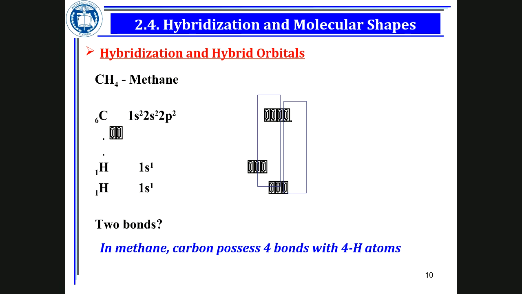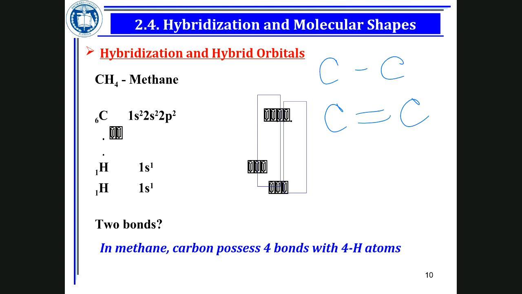Where do you see pi bond? You must have the sigma bond forming first, and if you have a double bond, the first one is sigma, the second one is going to be the pi bond. So pi bond is always the second bond that is forming, or any additional bond that is forming.